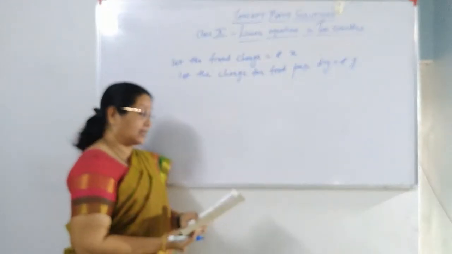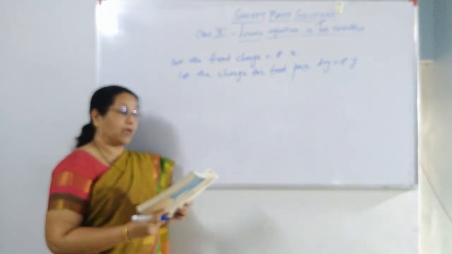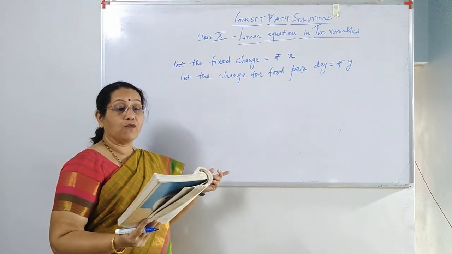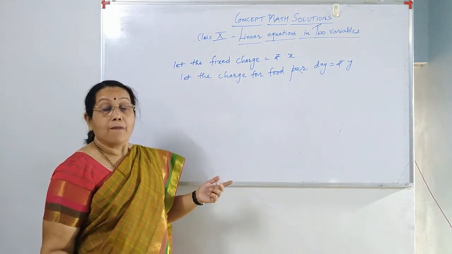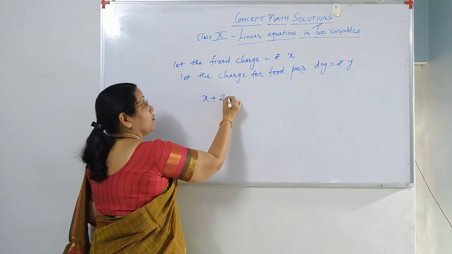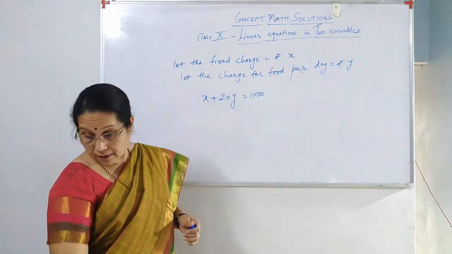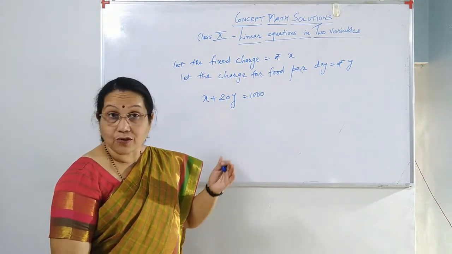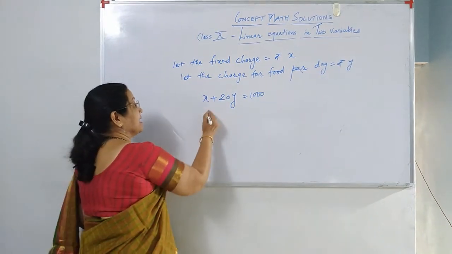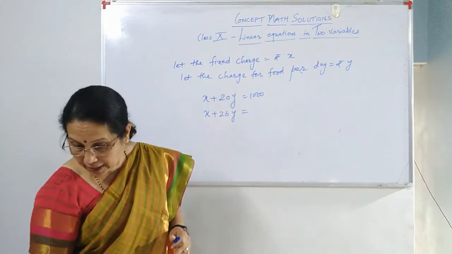Now what the question says: when a student A takes food for 20 days, she has to pay 1000 as hostel charges, whereas student B, who takes food for 26 days, pays 1180. Now there is a student who stays for 20 days. So X plus food for 20 days would be 20y, and that charge is 1000. And if student B takes food for 26 days, so fixed charge plus 26y, and then that student pays